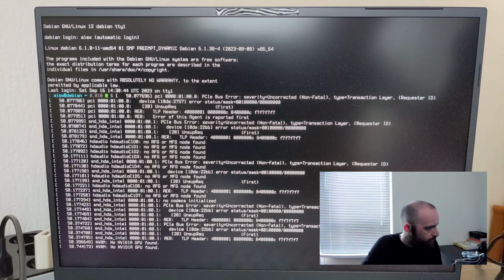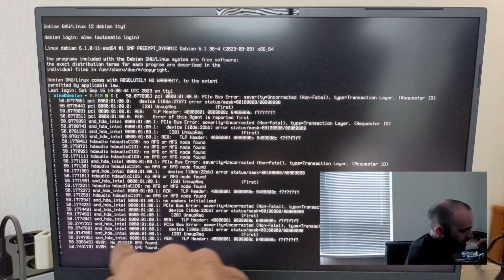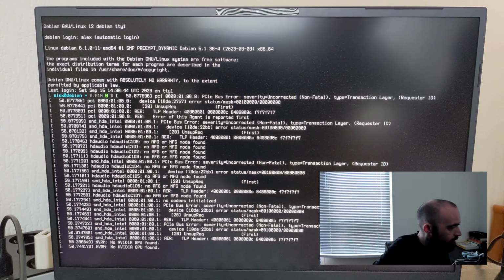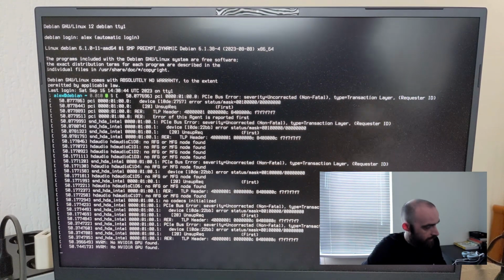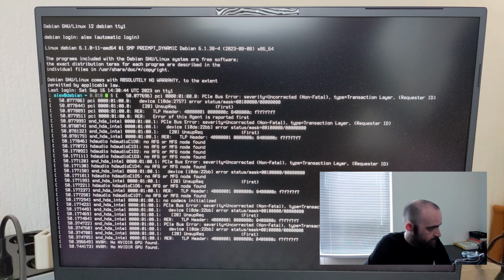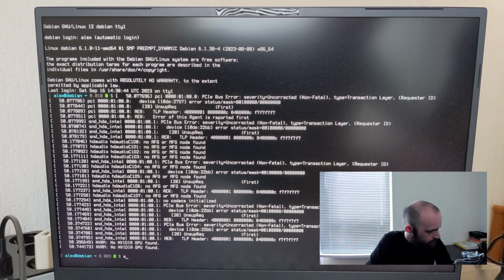Alright, so I rebooted, and as you can see, in the console a bunch of errors and warning messages have appeared, and that has to do with the fact that we just disabled our Nvidia GPU. Over here you can see that it says no Nvidia GPU found, and this is basically why those messages are there. So now I'll start X again,